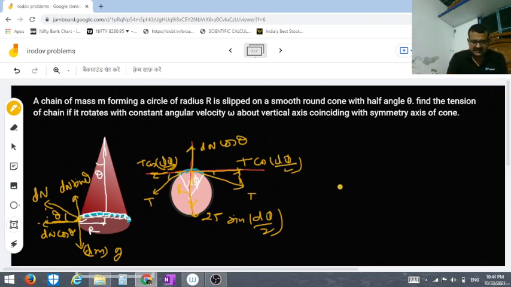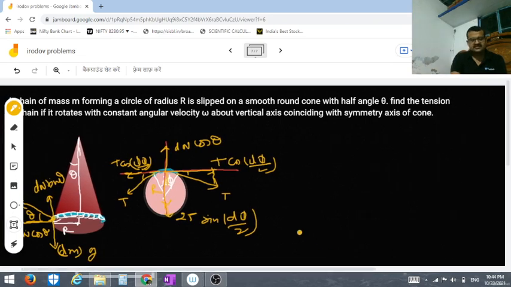Now we have identified all the forces, and then we will continue our analysis, how to determine the tension in the chain. So first of all, let me assume something: the linear density of the chain to be lambda, and that is equal to the linear mass density, actually, so that is equal to m upon 2 pi r,